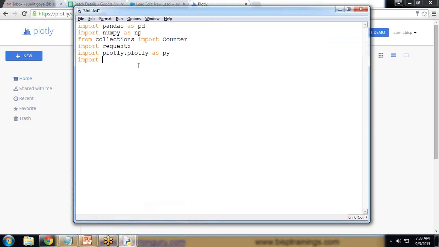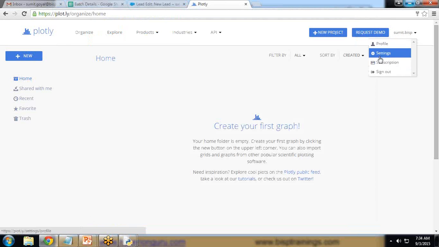So for this, right here, import plotly.tools as tls, and then I write here tls.set_credentials_file. We need username is equal to, username will be the username of this, so we can go to settings and let's check the username and the API key,